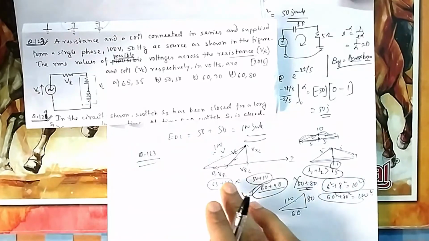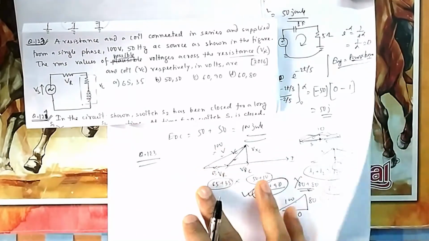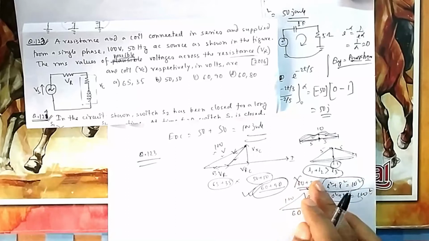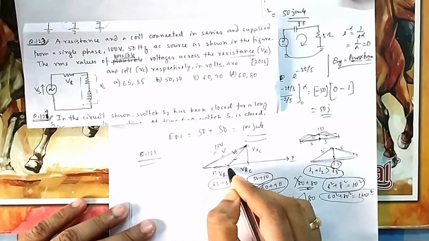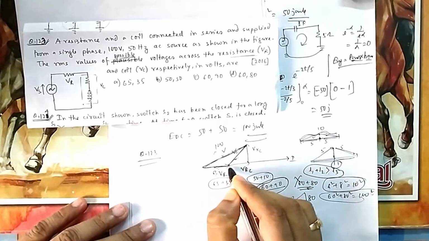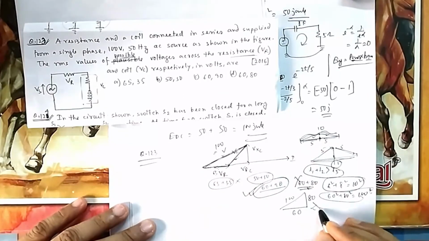So now we are getting the sum of two sides must be greater than the third. So two options gone, these two left. But this is a special case, because it will form a right angle triangle. But my triangle is not a right angle triangle. The triangle is of this shape. So this cannot be. So that's why this is there.